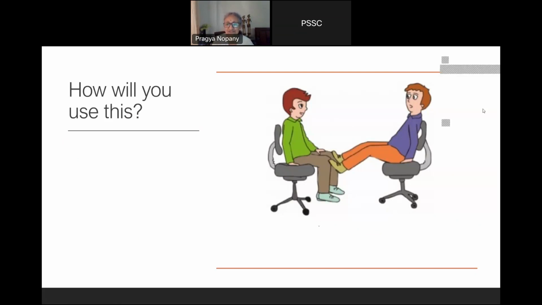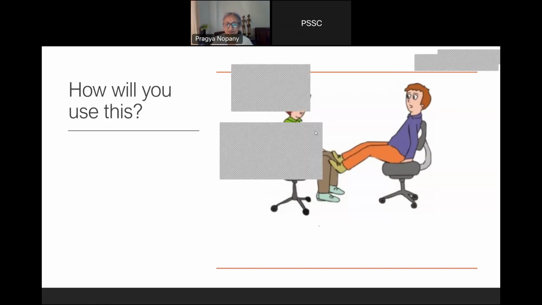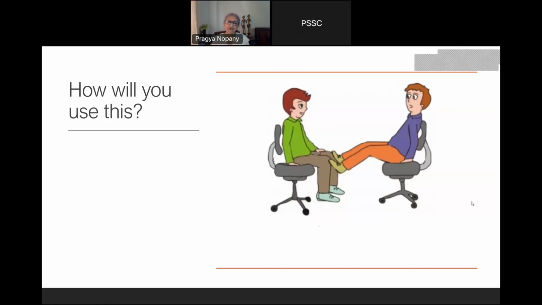Now this is another picture here, another cartoon. So what do you think you can use this cartoon for? What kind of analysis would you be able to generate in the class using this particular picture? Now we are not on the DNA picture. Now there's a new picture. So please analyze this picture yourself and tell me what question you will ask on this picture.